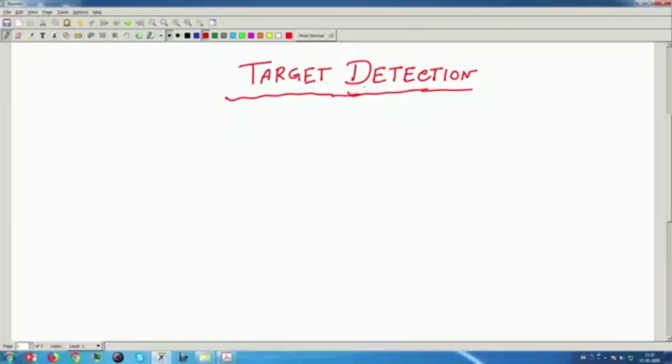Welcome to this NPTEL lecture on principles and techniques of modern radar system. In previous lectures, we have seen the tracking radar. Now, today we will start our discussion with target detection. Basically, the detection theory we will see, and to start with this discussion, I refer you to the